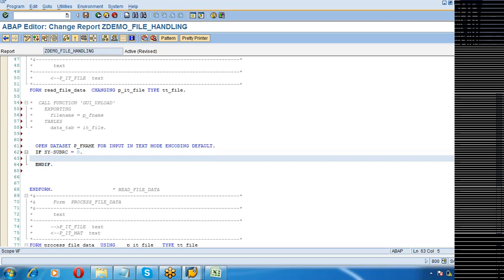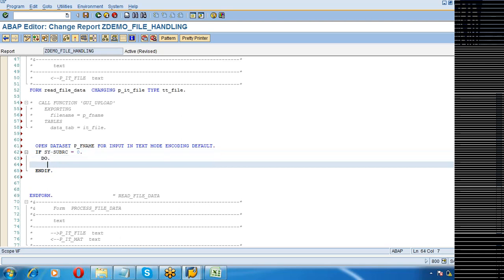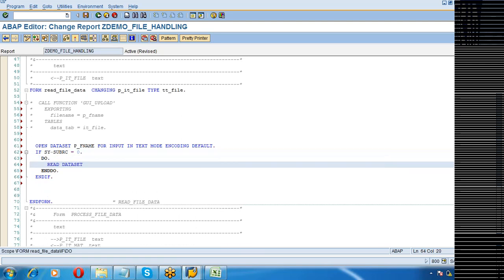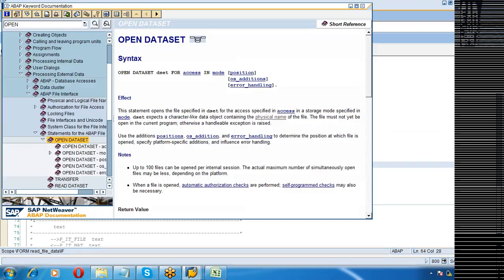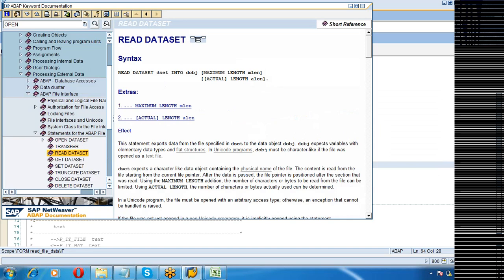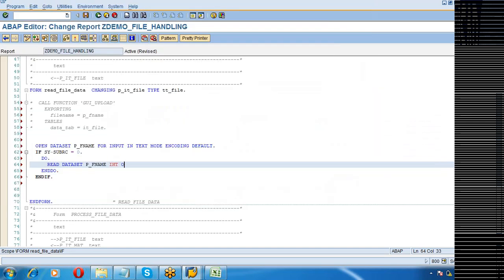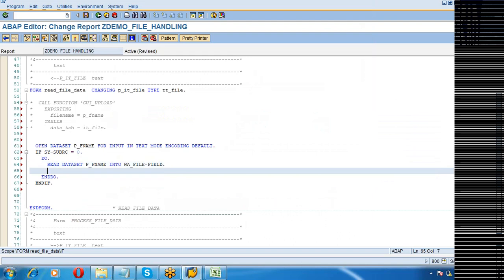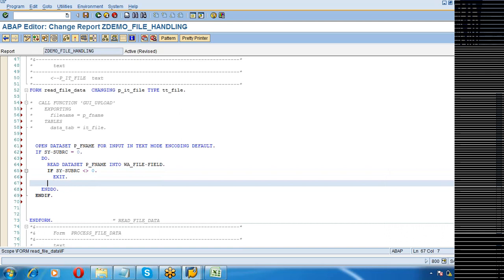We try to read the contents of the dataset. So do. READ DATASET p_f_name into wa_file-field. If sy-subrc is not equal to 0, exit.